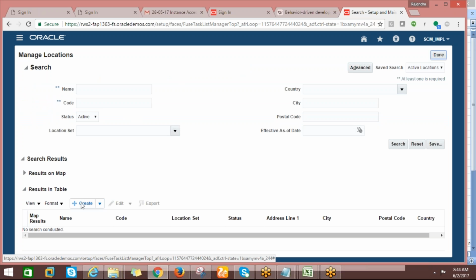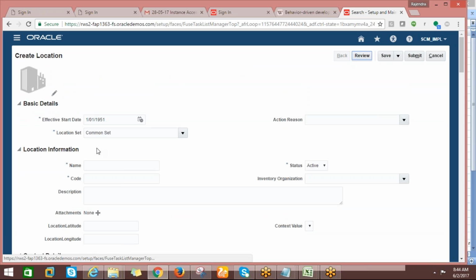So you are able to see my screen, Kishore? So you are able to see, right? I am in manage location, and I just click on the create button. Correct. Yeah, fine. Yeah, I'm able to see. Yeah, good. Okay. So let me check for that. So we are using G, right? Okay. G